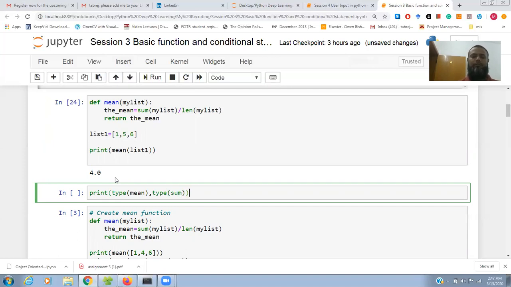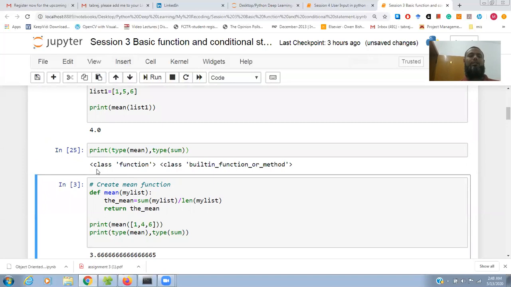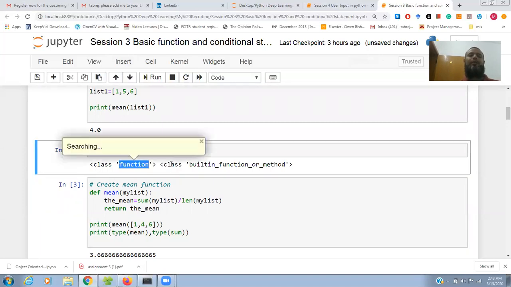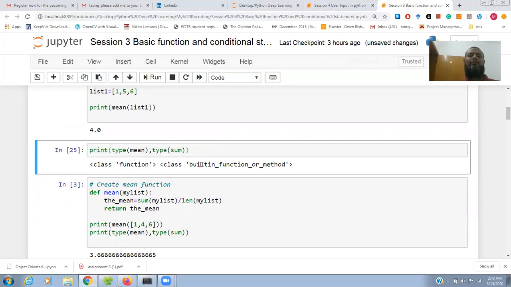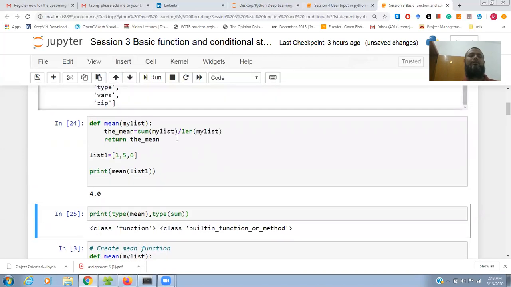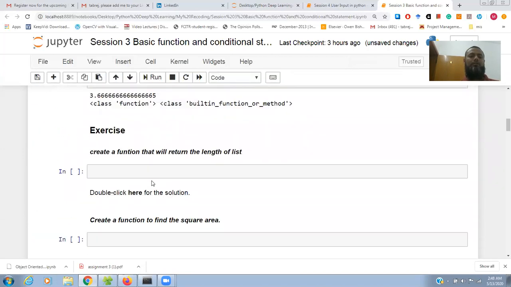If you run this, you can see that mean is basically a function, and sum is a built-in function or method. This one we declared here.